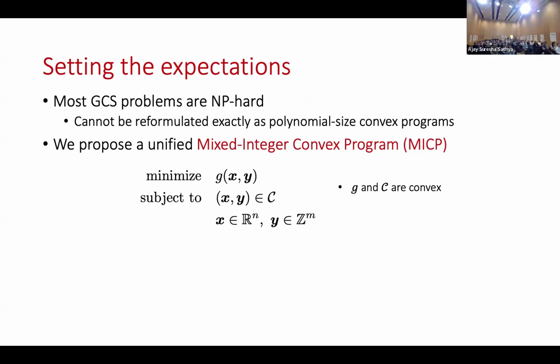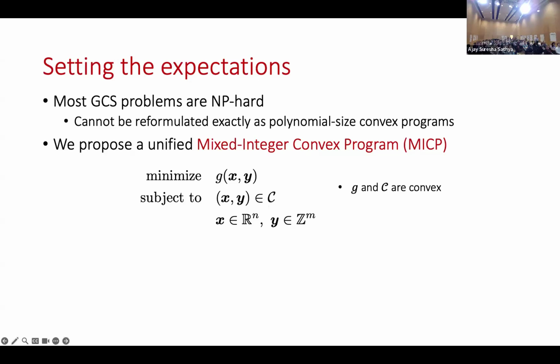If you take, for example, the shortest path problem, which in the ordinary version with non-negative weights is solvable in polynomial time, its GCS extension turns out to be NP-hard. This essentially means that we cannot expect to be able to formulate these GCS problems exactly as convex optimization problems. What is, in some sense, the next best thing that we can try to do is to formulate them as mixed integer convex programs. A mixed integer convex program is an optimization problem where we have an objective function g,